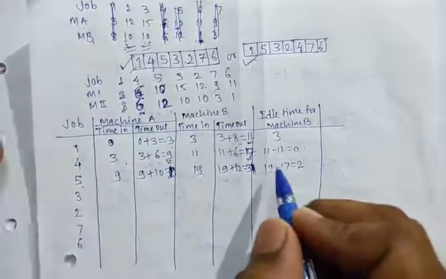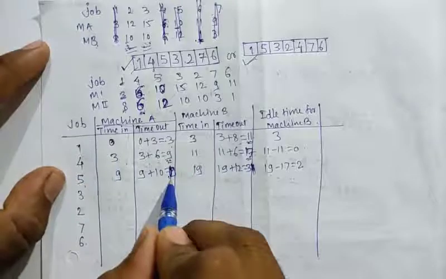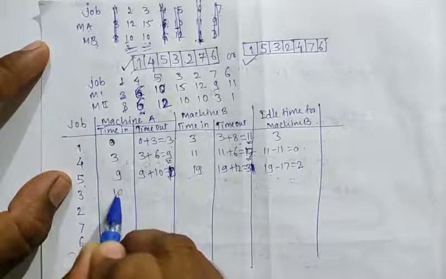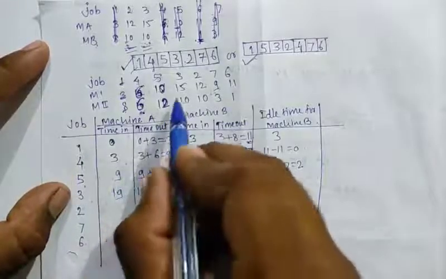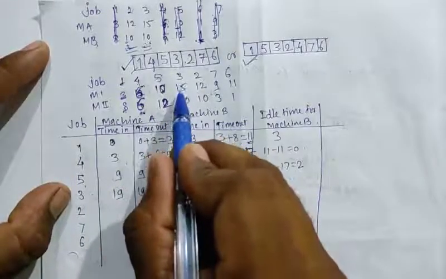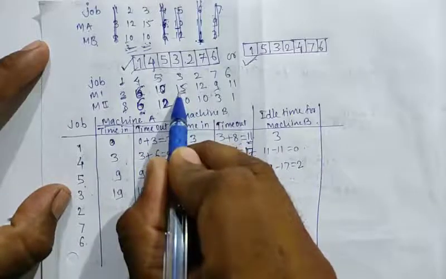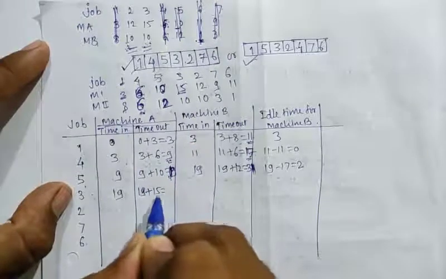Okay, now again here the time out of the previous machine is the time in of the next machine. Okay, so 19. Now here 19 plus, for the third job, for first machine M1 it takes 15 hours. So 19 plus 15 which is equal to